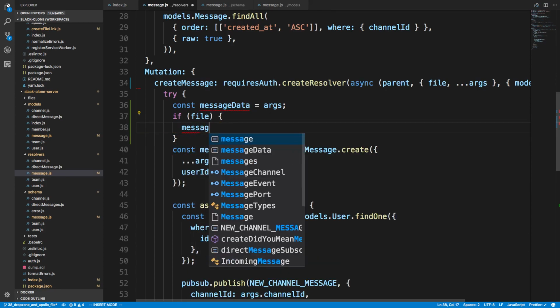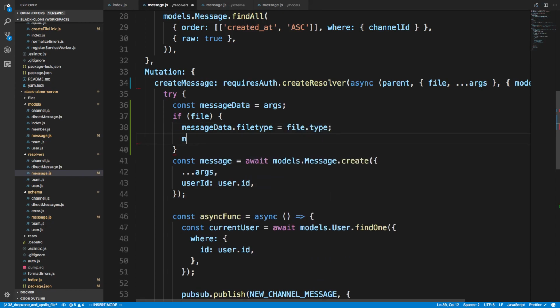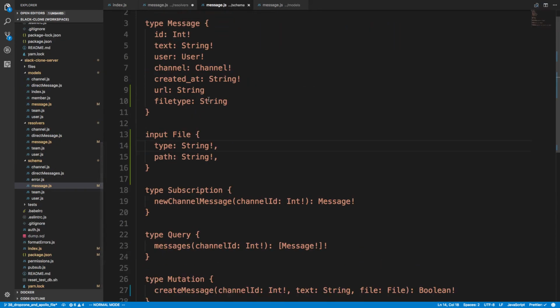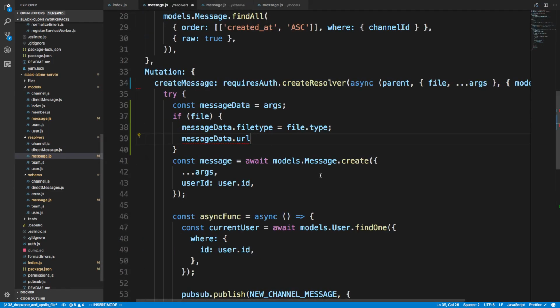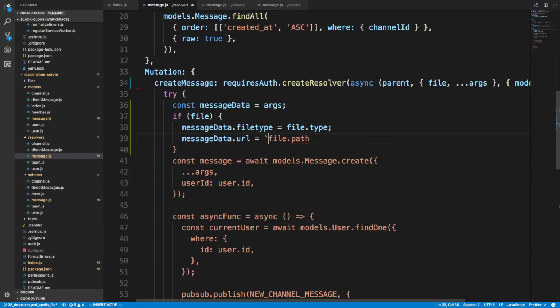we're going to say message data dot file type is equal to file dot type, and then message data dot URL, is that what I called it? We're trying to match these up now. So yep, URL is equal to file dot path, and then we just need to prepend this with http://localhost:8080/. And alright, cool. So this is just our URL for our server,